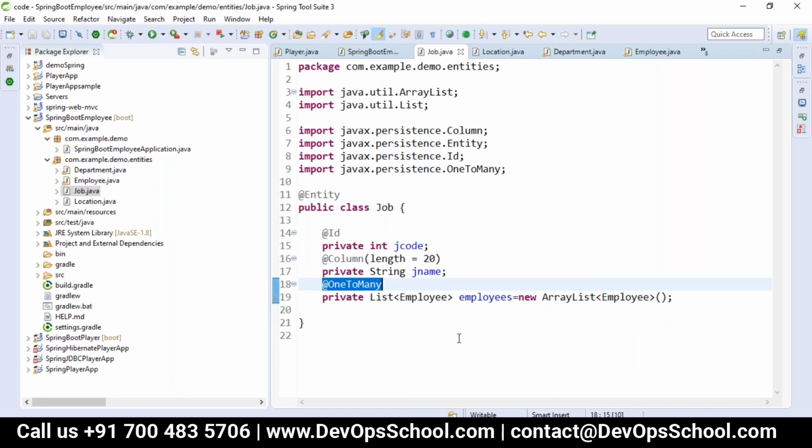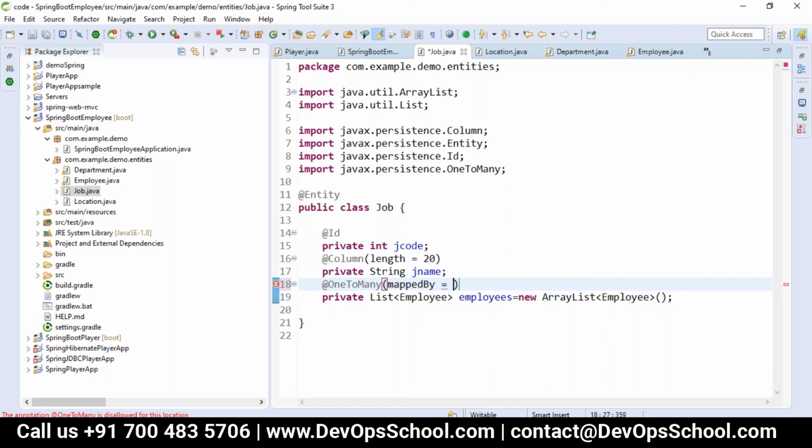If your HQL is in the create mode. But as you are using the H2 database, an in-memory database, it will always try to create a new table. But we don't want this new table to be created. Only on the Java side, we have to take care of the relationship. We can inform our dialect or Hibernate that this is already mapped somewhere.